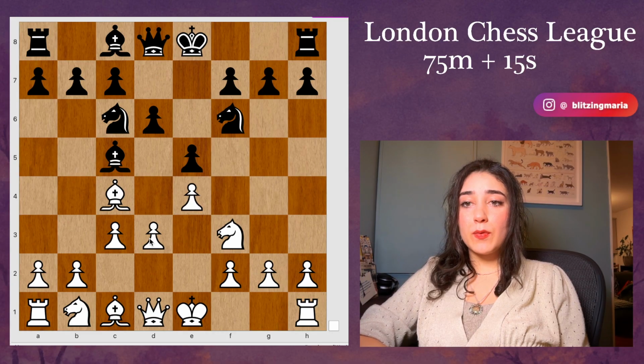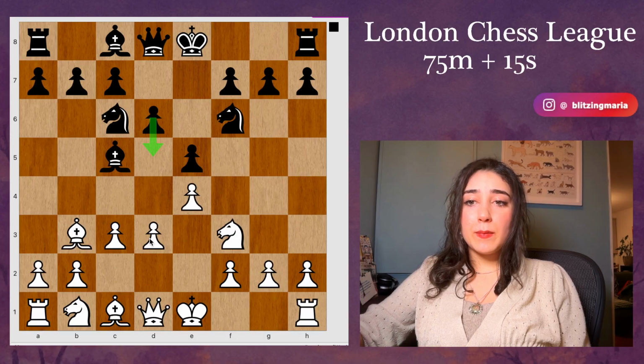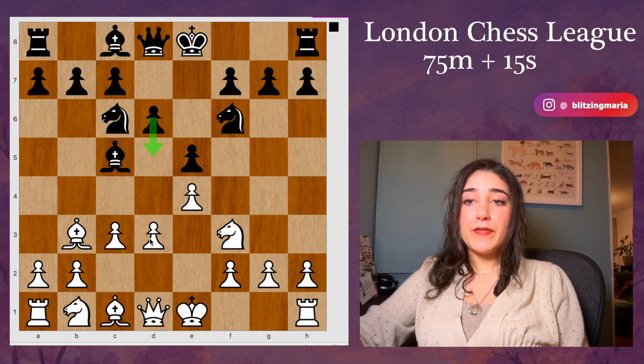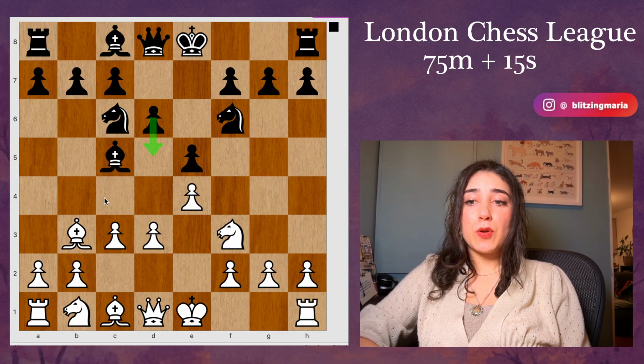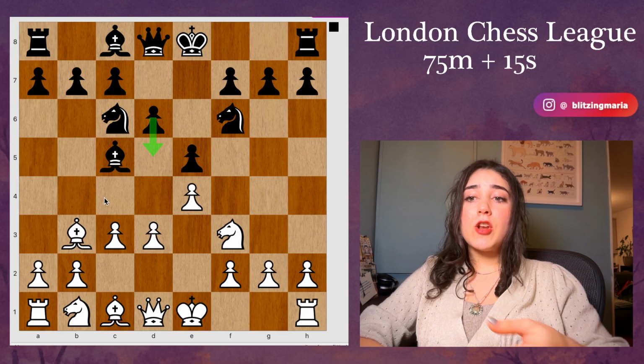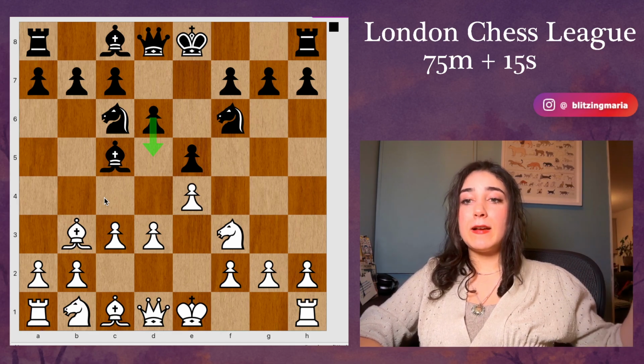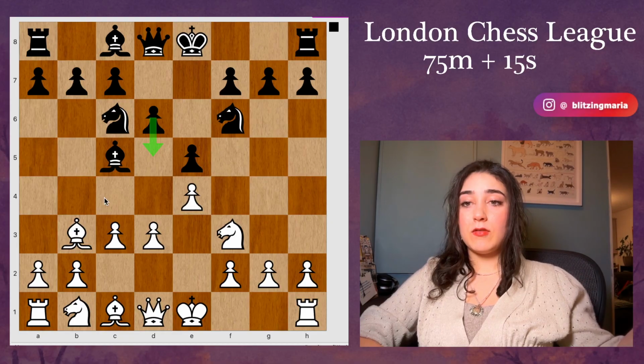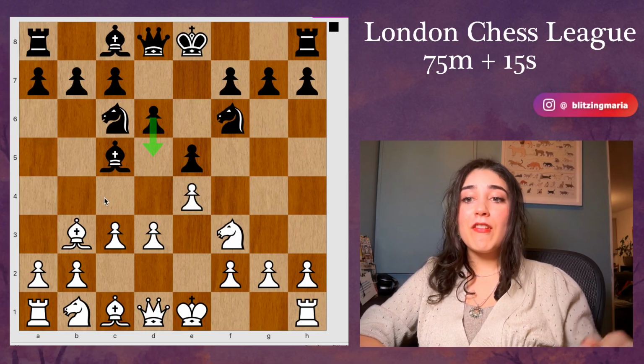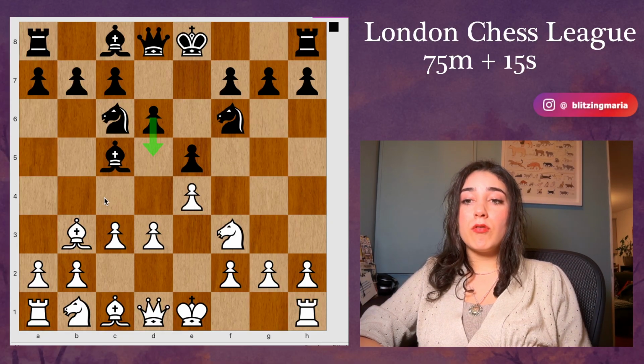Now black continued with d6 and I went bishop b3. And the idea of bishop b3 is simple. I know that at some point black is going to want to push d5, and I just don't want the bishop to be on c4 when that happens, because by not having the bishop on c4, and therefore by not having to immediately move the bishop or react to black playing d5, I'm giving myself more reaction